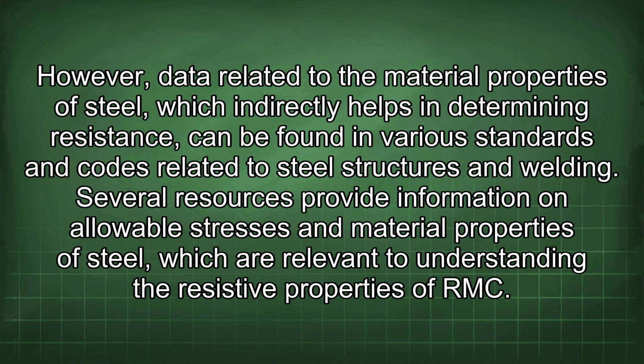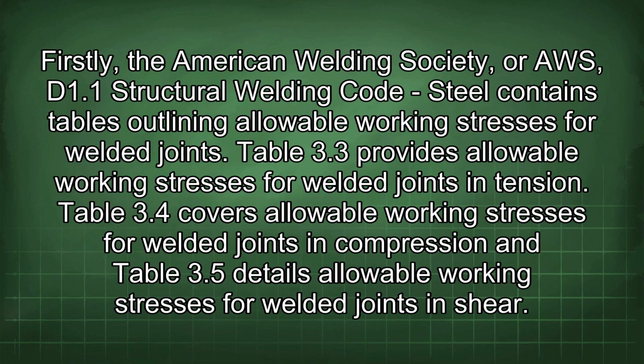However, data related to the material properties of steel, which indirectly helps in determining resistance, can be found in various standards and codes related to steel structures and welding. Several resources provide information on allowable stresses and material properties of steel, which are relevant to understanding the resistive properties of RMC. Firstly, the American Welding Society, or AWS, D1.1 Structural Welding Code Steel contains tables outlining allowable working stresses